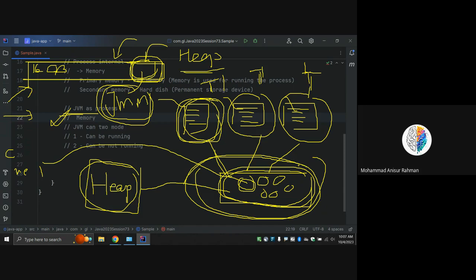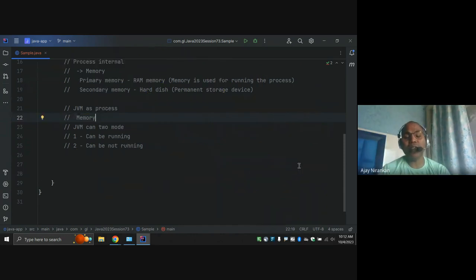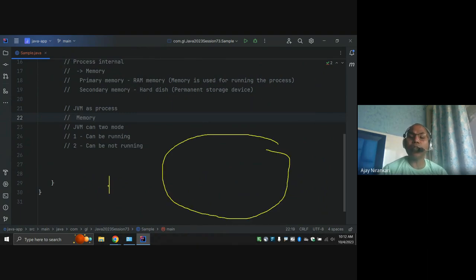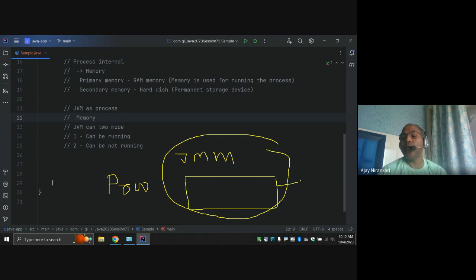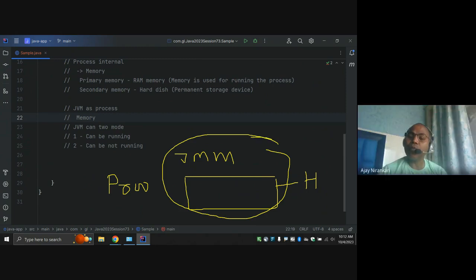So here two terms come up. One is your process. In our case, JVM is the process, right? The JVM has one memory, which is known as the heap memory. And in one JVM process,